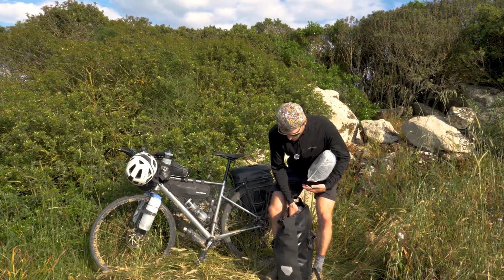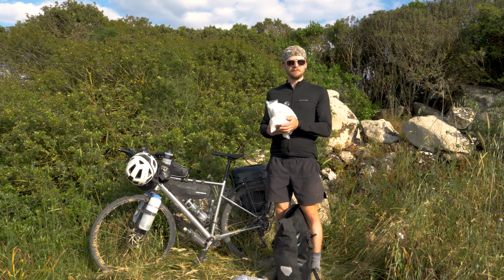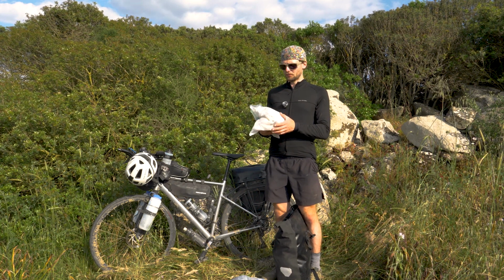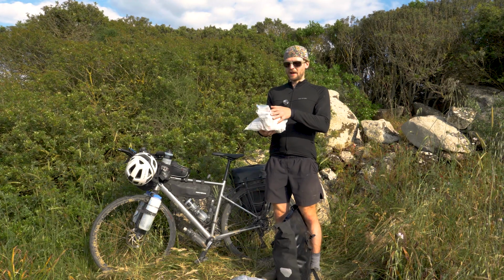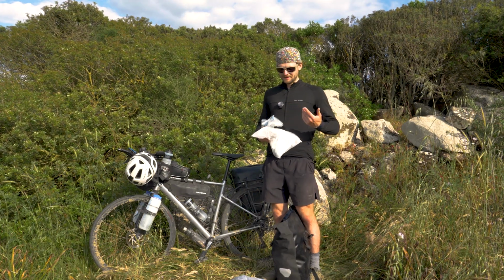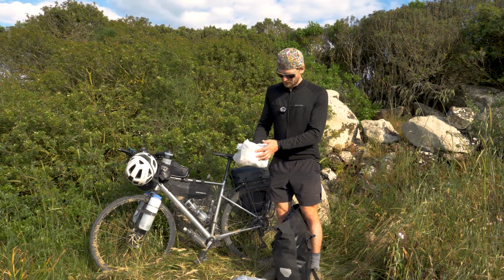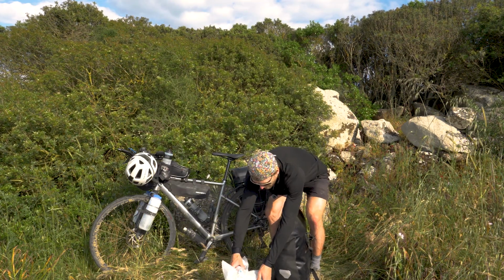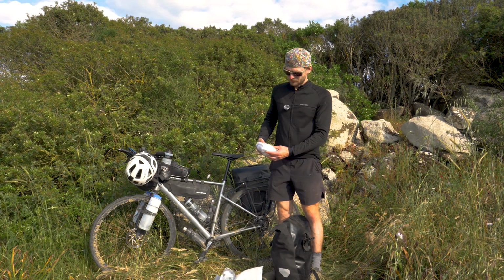And then here we got the toiletries. So I put everything in its own plastic bag just because it's so much easier to organize, but it also keeps stuff waterproof. If it's my toothbrush and it's wet, it stops it from getting other stuff wet, and vice versa. So a lot of toiletries here and some medical stuff, tablets, shampoos, gels,